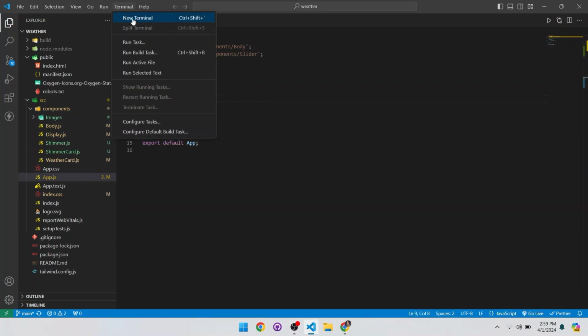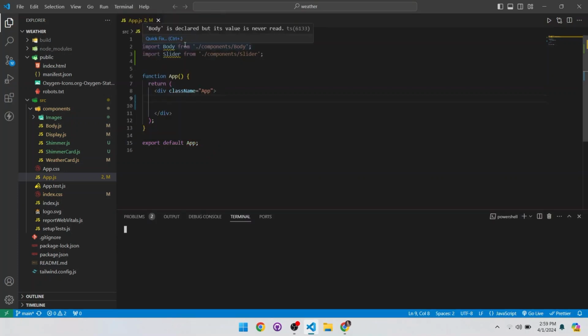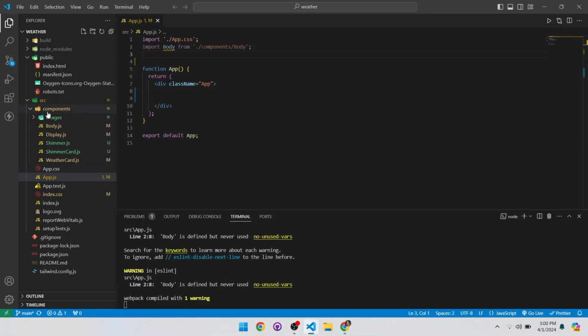Now first let's start this project from the terminal, and type here npm start. This will open our project in the browser. Our project is opened in the browser, and nothing is shown on the web page because we have not added anything. So let's open the VS Code, and in the components folder create a component with the name